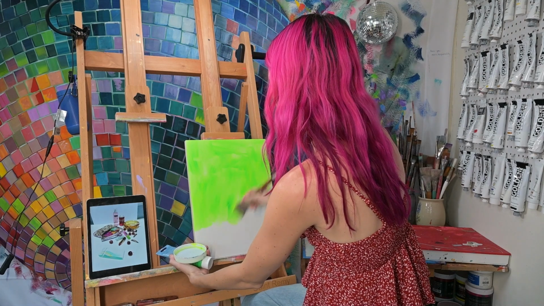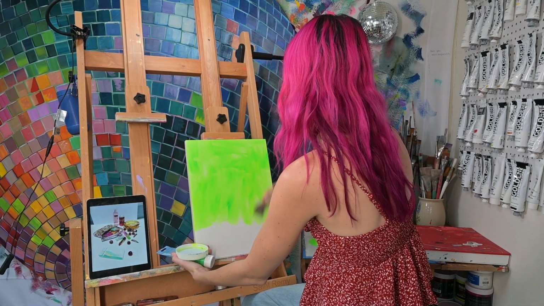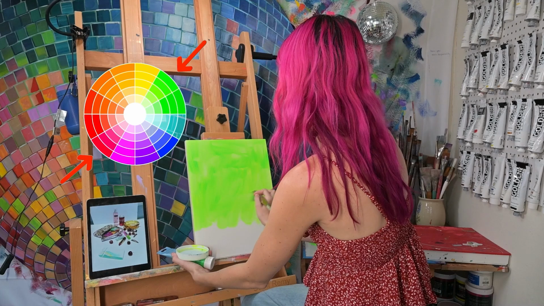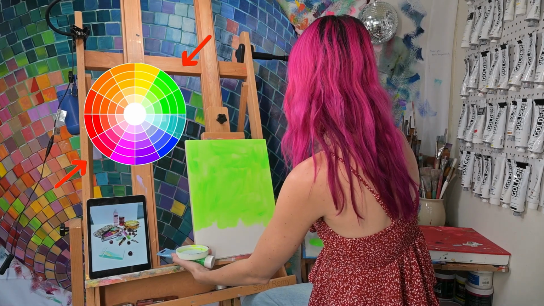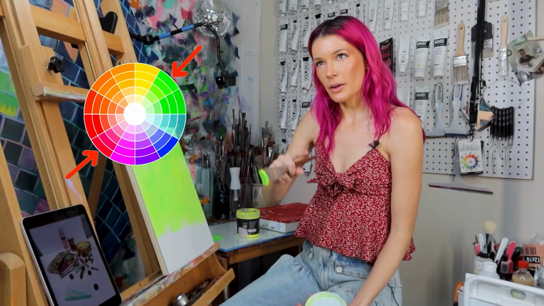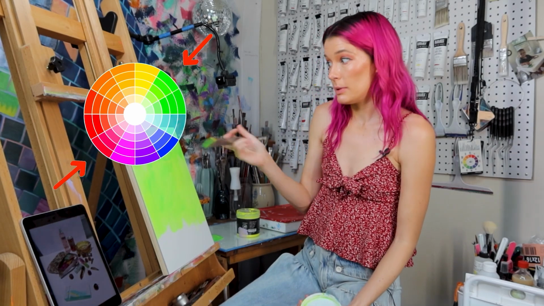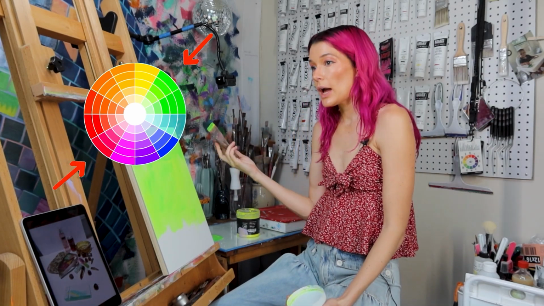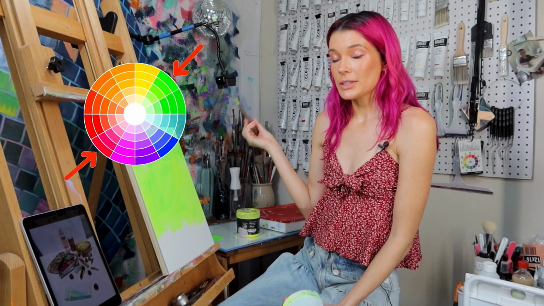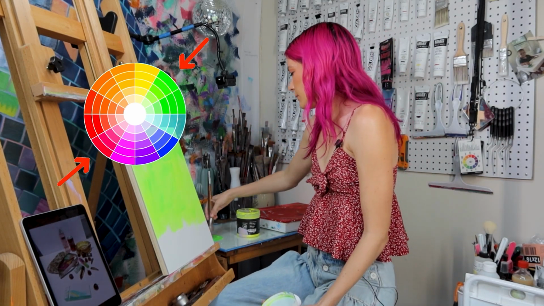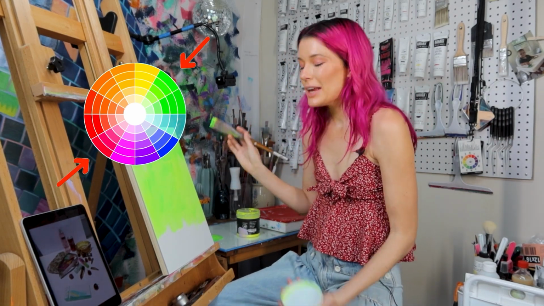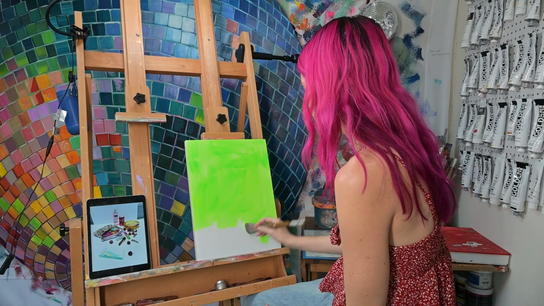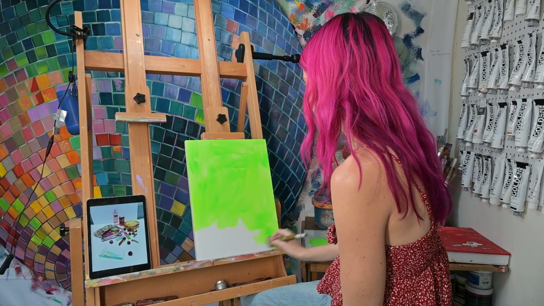But complement actually means complete, which means two colors that are exactly opposite each other on the color wheel. And I'll just say it's not always red and green, because green could be this green, it could be olive green, red could be really orangey, or it could be almost like a pinky red. It's really specific to the shade, but all that to say, a perfect pair of red and green,